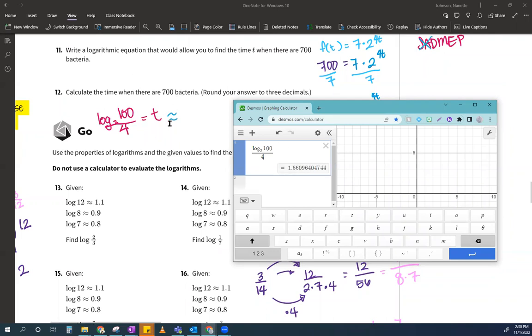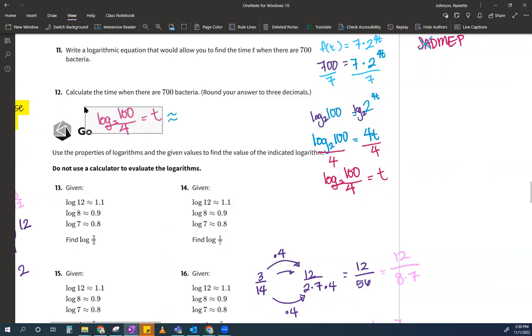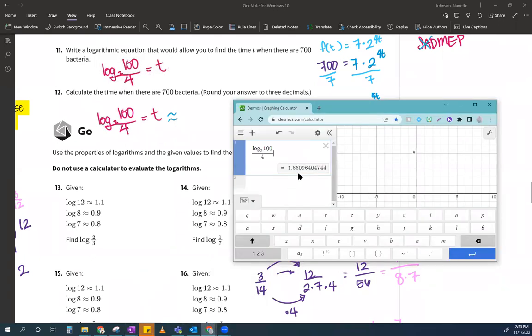Oh, they didn't even ask me to do that. Oh, that's the next part. Okay, good. So this goes here. Okay, let me do this again. This, I'm going to copy and put it here. And then I'm going to bring up my calculator again. And so it's about 1.66 hours. Okay, so I'm going to write that out as